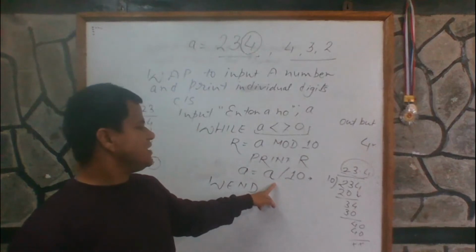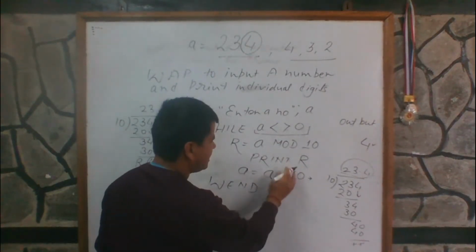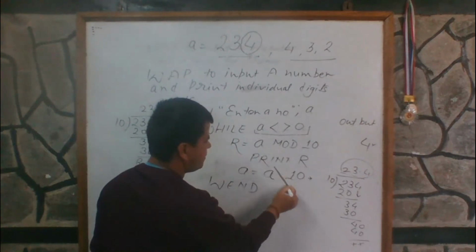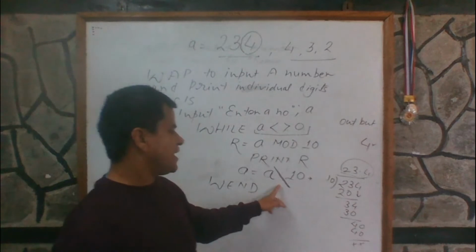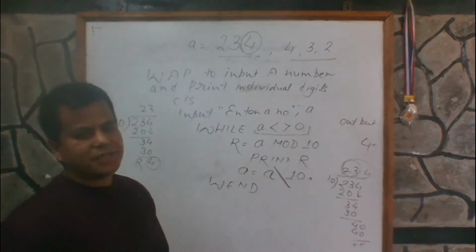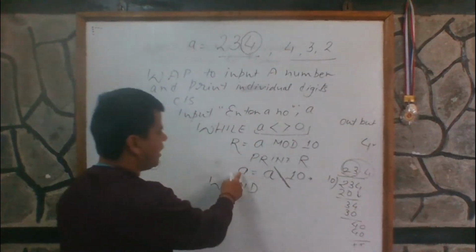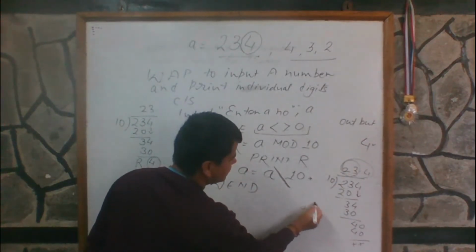And here I am using integer division. Oh sorry, I forgot this sign. This is the division sign. Integer division is like this. This one is integer division. This is a very important sign, integer division. If I am using the integer division sign, then what will it extract? It will extract 23 only. It will leave the remainder, the decimal part, and the value of A becomes 23.